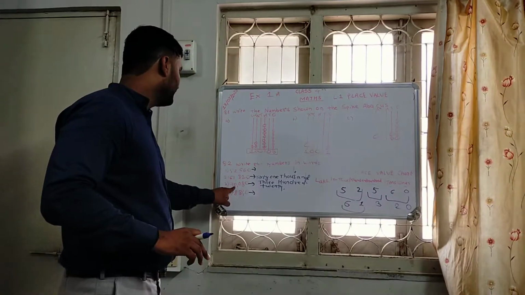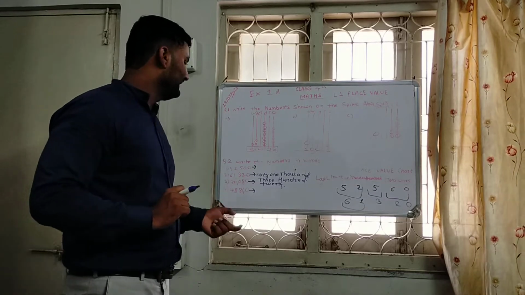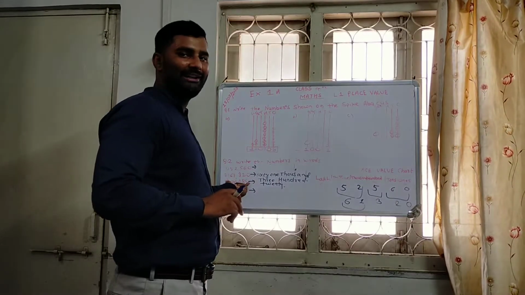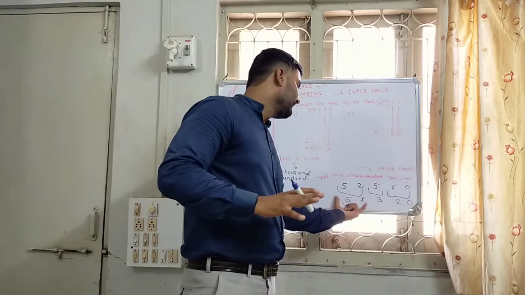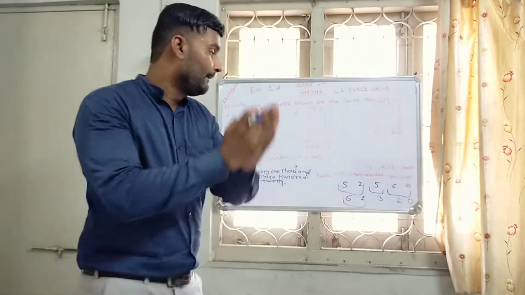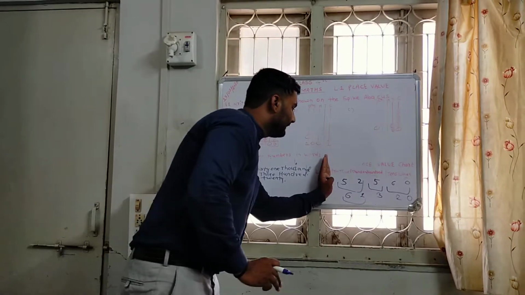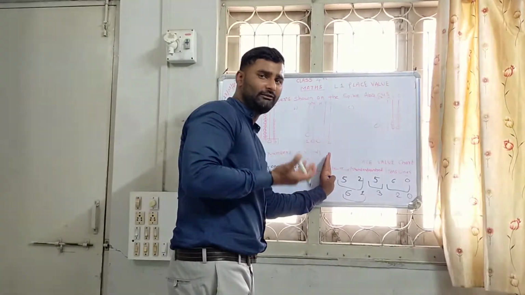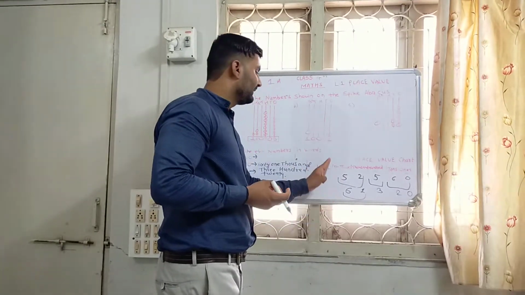There are 1, 2, 3, 4, 5 digits. That makes the number in the form of 10,000 value. That means we have to just pick this number and put the values in the place value chart. After putting it in the place value chart, we must know which position of the place value chart our first digit is in. After that we can read this number by this value.